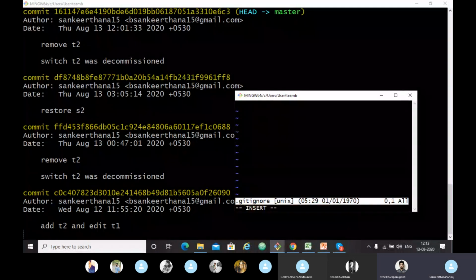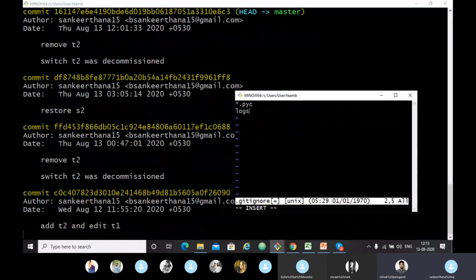Insert, type asterisk dot pyc to ignore all files with the pyc extension. Log files you also need to ignore, so just type log, colon, escape, save.